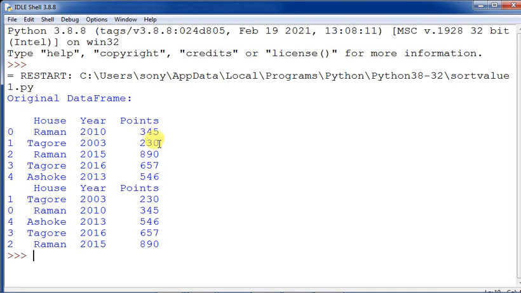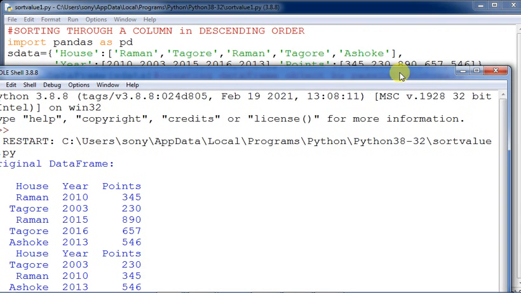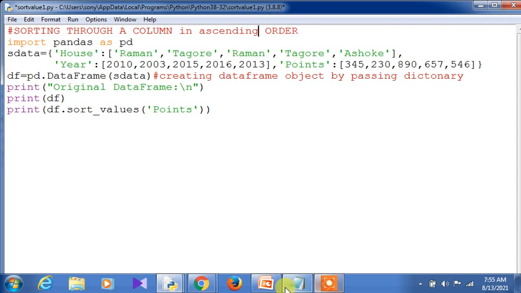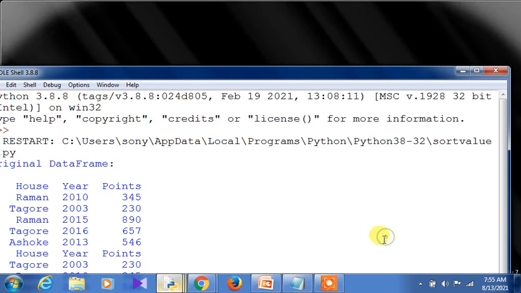So the points are appearing in this way, but the points have been sorted. Okay, out here you can see in ascending order. Sorry, the wrong thing has been written here. Here it will be in ascending order. For descending order I will also show you, but this is ascending order. Fine. So that is the thing. Sometimes you have to give the comment in a proper way, otherwise confusion may arise. Okay, that is the thing.